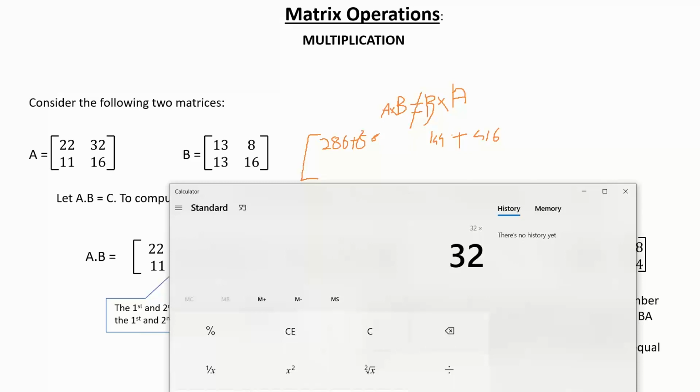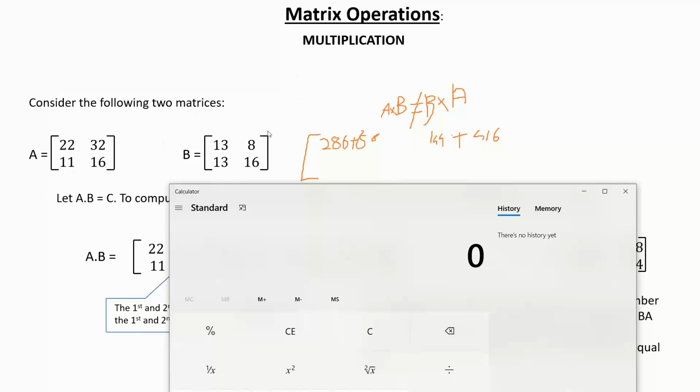I need a matrix over here, right? I just want to calculate, so consider this matrix over here.